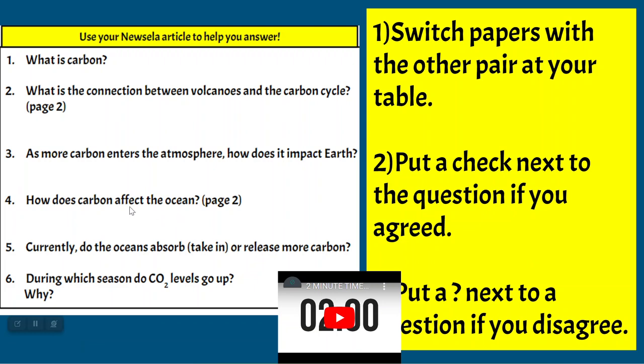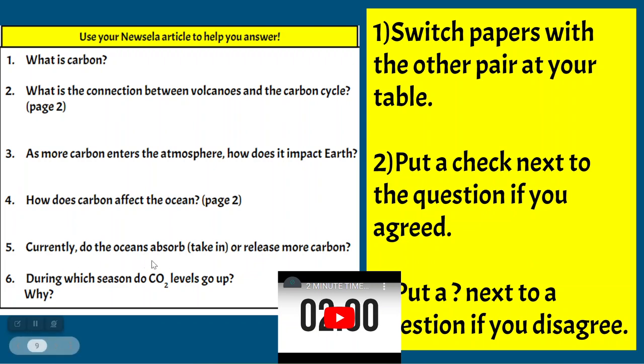It can make the ocean more acidic, which makes it less of a happy place for some of the plants and animals to live, so it can decrease the available habitats and the biodiversity. Also, though, carbon, if it's in carbon dioxide, can be a good thing in the ocean, because carbon dioxide can offer one of the reactants for plankton and algae to do photosynthesis, right? Because photosynthesis needs carbon dioxide.